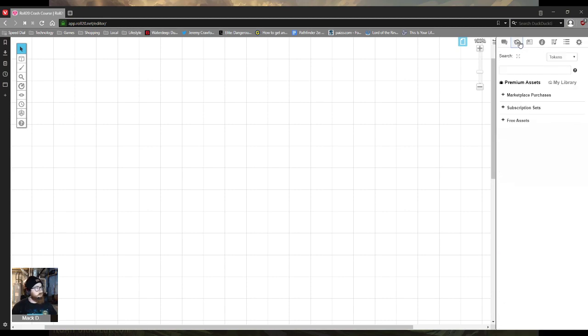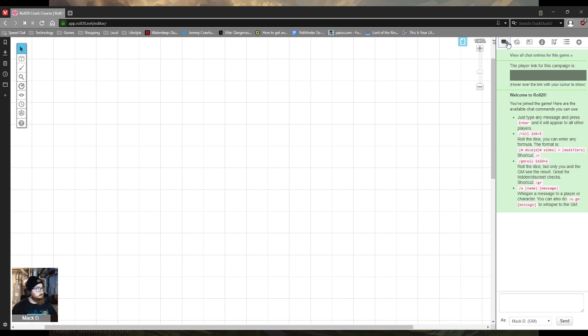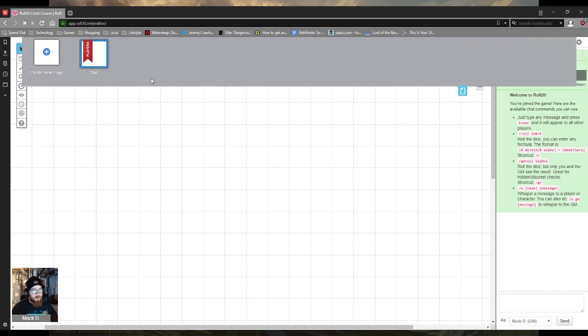Now, let's start with the most complicated thing first, which is adding a map. All your maps and all your play spaces are going to be up in the page toolbar. So what you want to do is leave the start as it is. This is where you're going to have all of your base tokens, like your monsters, your player characters, things like that. You'll have all your tokens set up here, and then you'll copy them over to the other pages when you need them. So let's just do